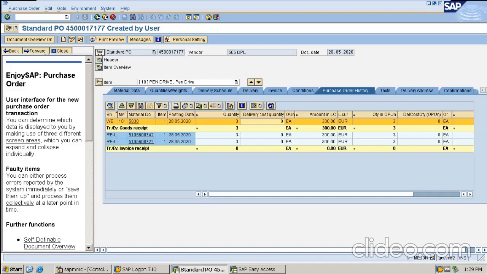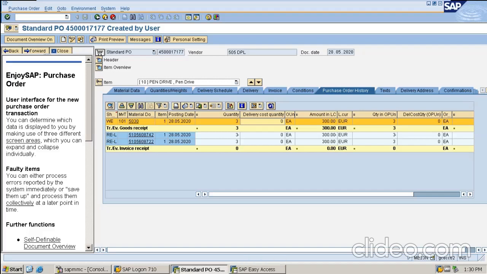Say it may happen I have ordered a product, however I have received a different product, hence I received a wrong product. So I can return the product to my vendor and I can ask them for a newer one. That may happen, or it may happen that the quality of the product is poor, hence I'm deciding to get it returned. So SAP has given us the option of returning the goods, returning the delivery. So how to do the same?